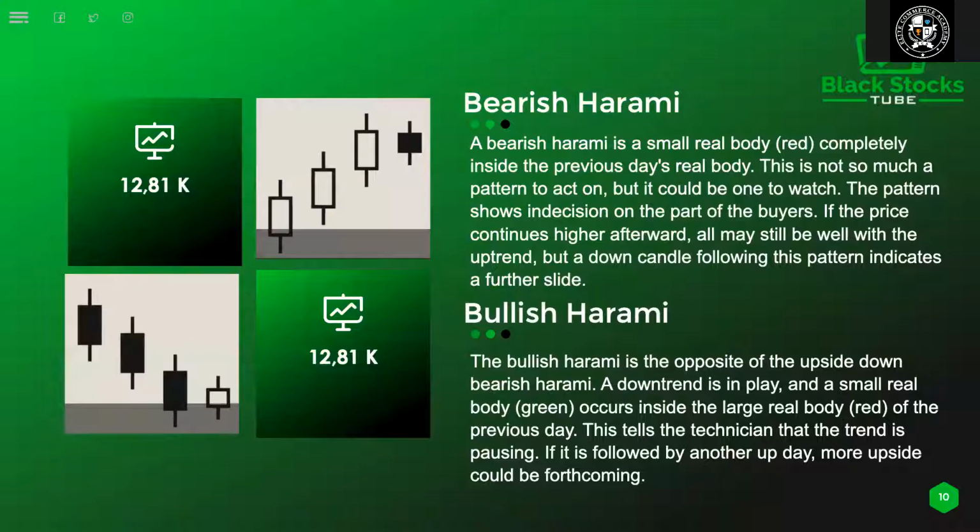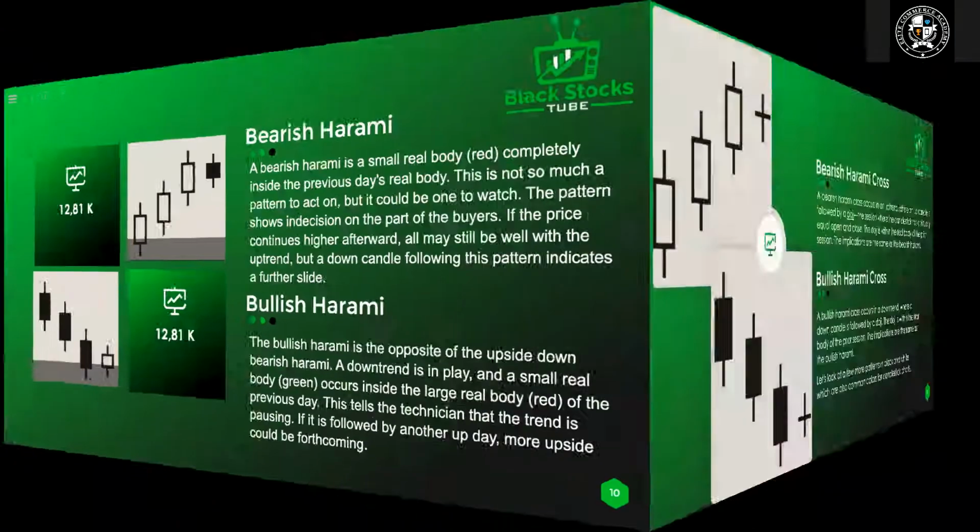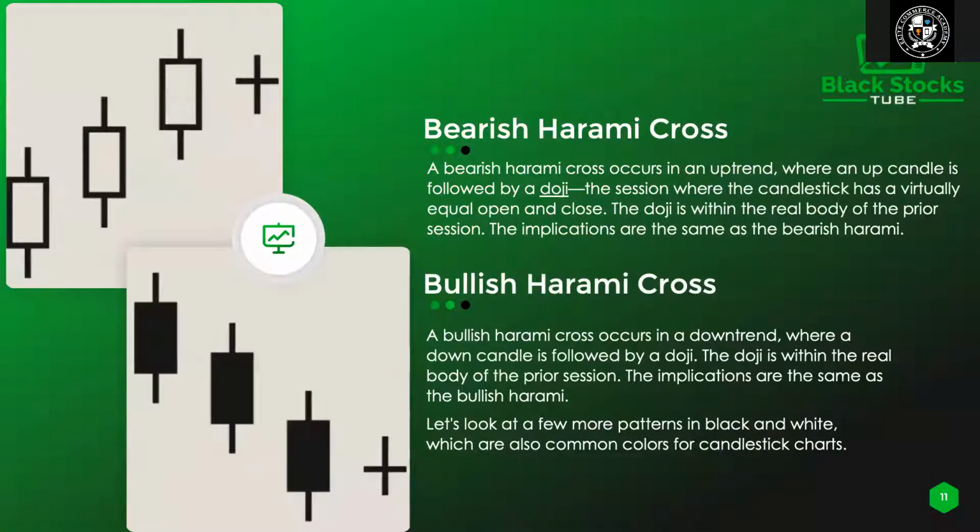Bullish Harami, basically the same thing in reverse. A bullish Harami is the opposite of the upside down bearish Harami. A downtrend is in play. A small real body occurs inside the large real body of the previous day. This tells the technician that the trend is pausing. If it is followed by another up day, more upside could be forthcoming. So all this stuff is based on the daily chart. And that's usually what we're looking at